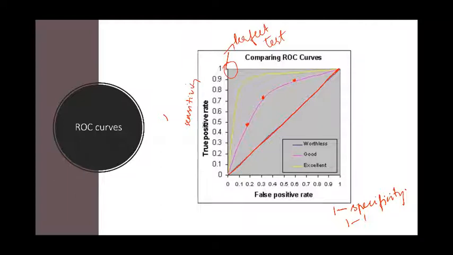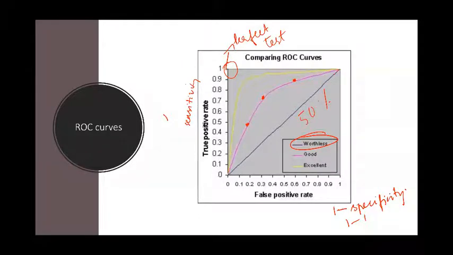So how do we say which test is good? Any test which is close to this midline has a 50-50 chance. If the test is positive, it could either be true or not true in 50% of cases. So it is a worthless test. This midline is a worthless test. This would cover an area of approximately 50%.